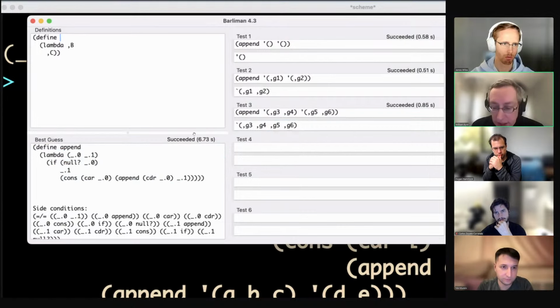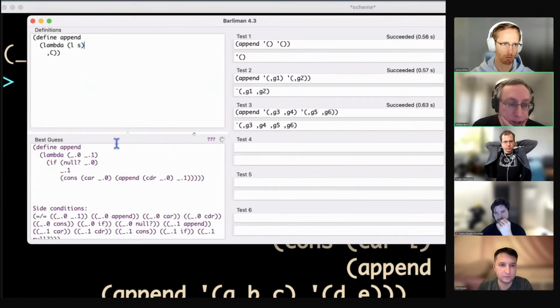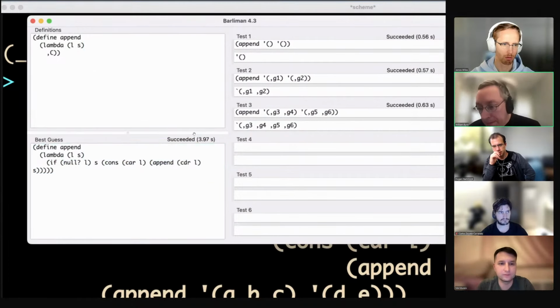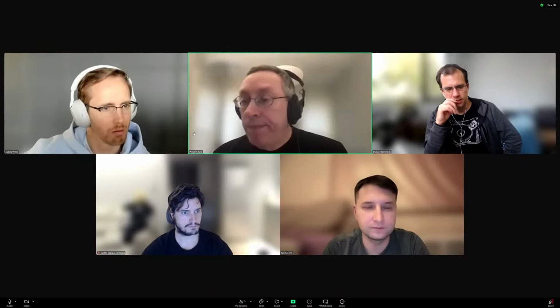It's a little hard to read, so let me give it some variable names so you can see the code a little more easily. Yeah, and so that's the correct recursive definition of append. Yeah. So anyway, there are all sorts of other things I could show you, but I think that was maybe a good intro